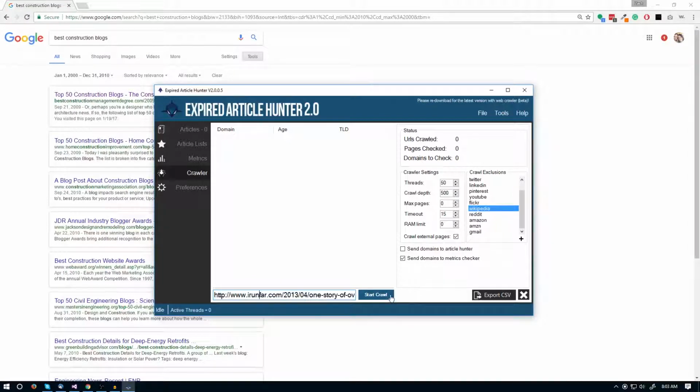So I'm going to put that in there, and we're going to go ahead and start the crawl. So right off the bat, it's going to start checking domains, usually if there's some on the page. And sometimes it takes a little while for the crawler to get up to speed. So we'll give that a little bit of time here. But already we've found